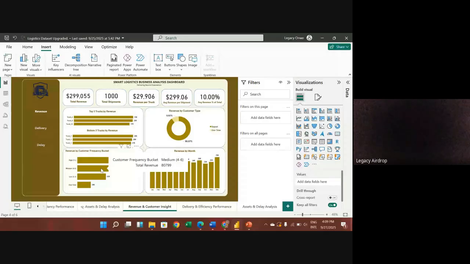Customer analysis shows that 90% of revenue comes from repeat customers, while only 10% comes from on-time customers. Revenue by month is stable, peaking in January and December, suggesting seasonality. Finally, high frequency customers, 7 plus, these were customers who made 7 and above orders, generated $125,000 alone, which shows loyalty is a strength, but also a dependency risk. My recommendation: the company should optimize fleet allocation by focusing on underperforming trucks. Moving to the next page,